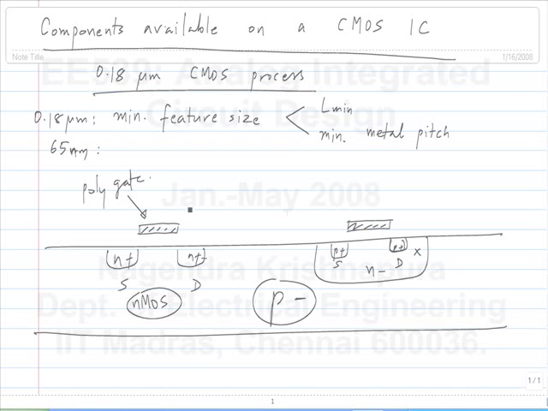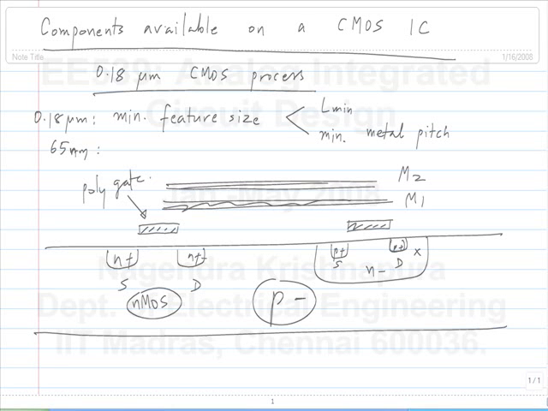And on top of it, you have a number of metal layers. So this is the poly. So this is a planar process, right? Everything is in planes. So this can be the first metal layer. On top of it, you have the second metal layer separated by an oxide and so on. And to make contacts from one metal to the other, you can think of it as boring holes in it and filling it with metal.